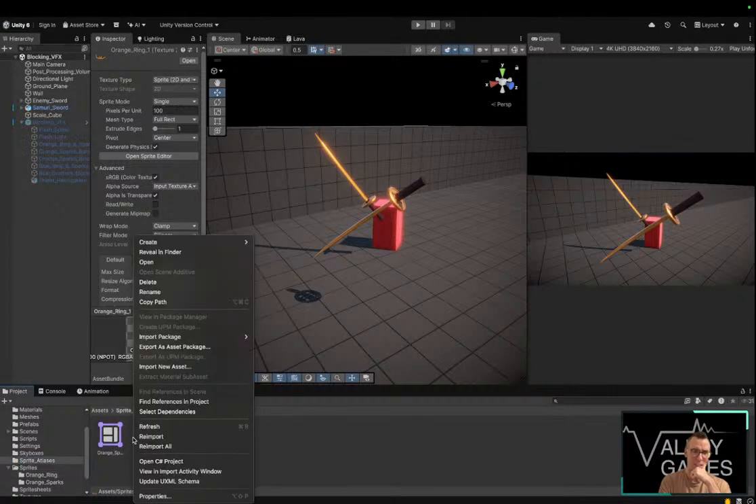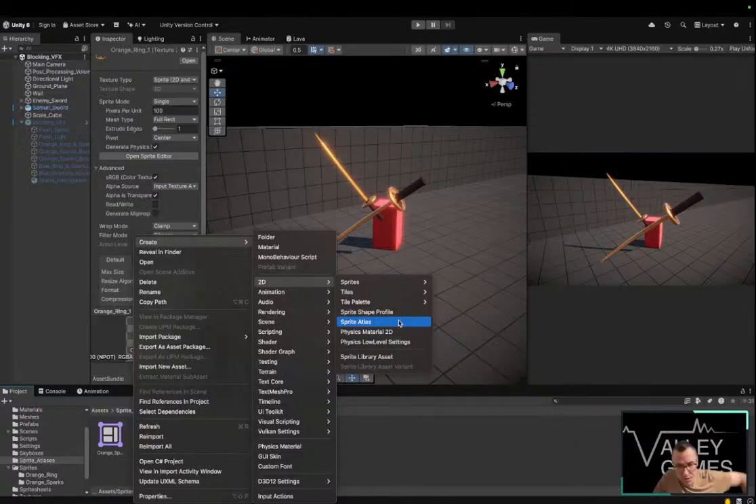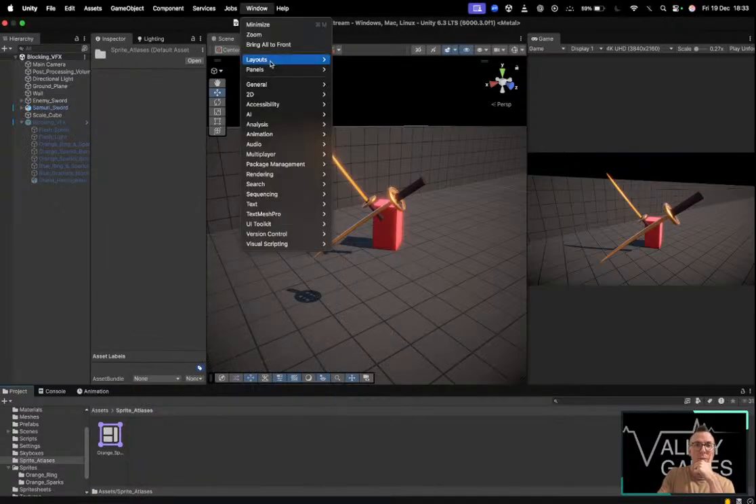Next, pain in the ass to do this, but it does yield pretty good results. You need to have 2D stuff installed in the package manager, which I can show you in a minute. I'll show you now before I forget. So, Window,